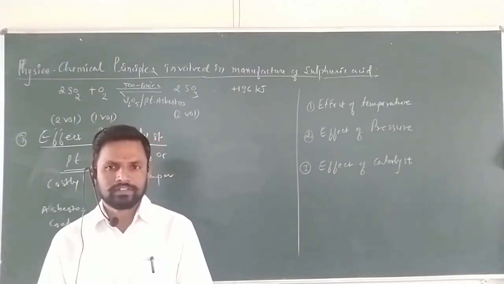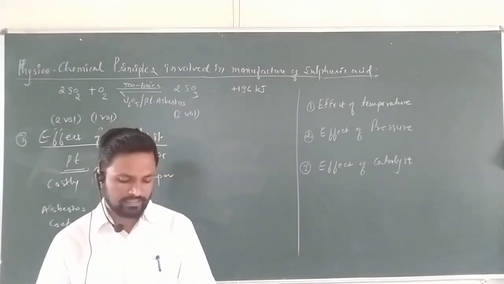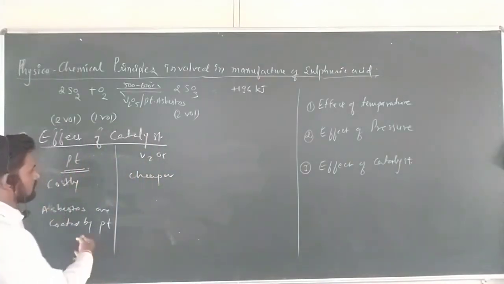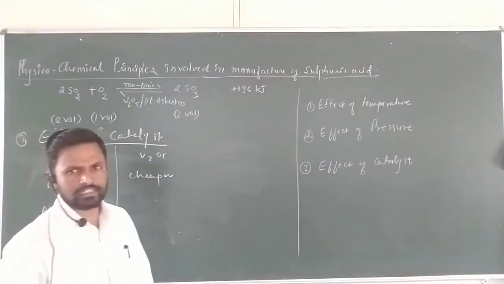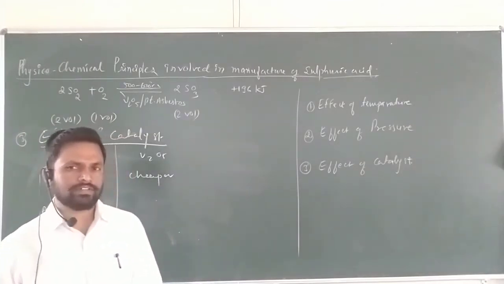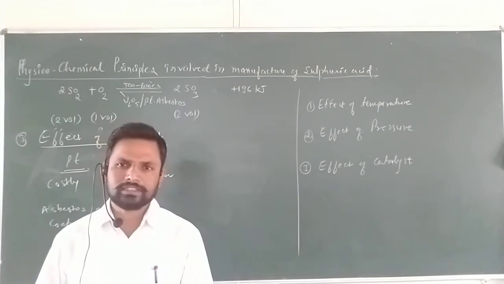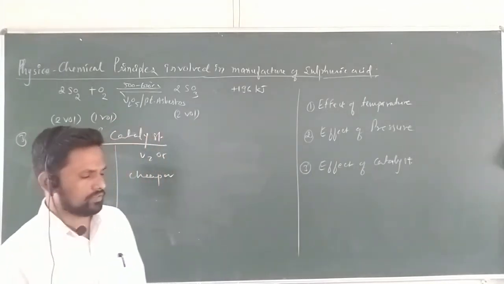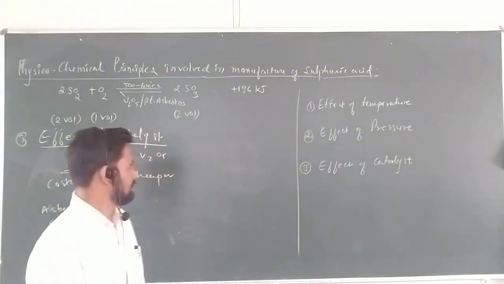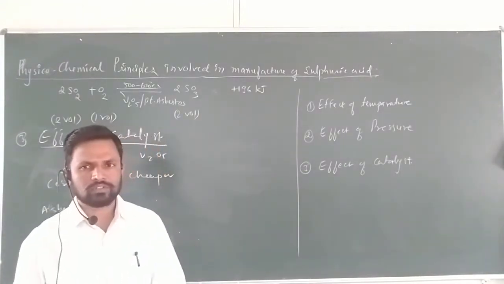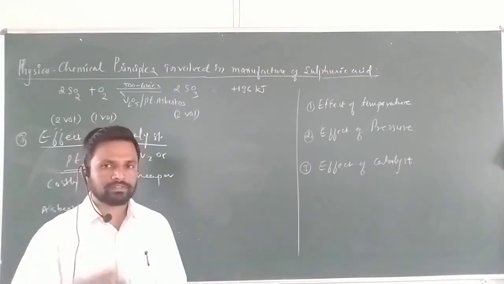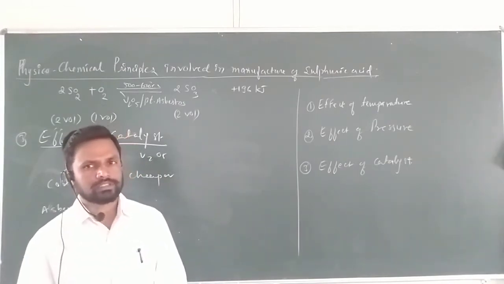They are very easy to handle, the catalyst. And we think about the cost. Already we discussed cost is very high, cost is very low. Therefore, if you compare the catalysts, platinum as well as vanadium pentoxide, platinum is very toxic and very highly costly, and vanadium is very cheap. Therefore, vanadium pentoxide is more preferable compared with platinum asbestos.